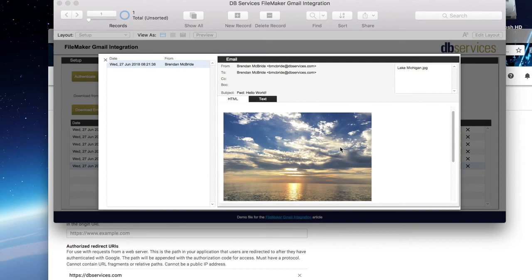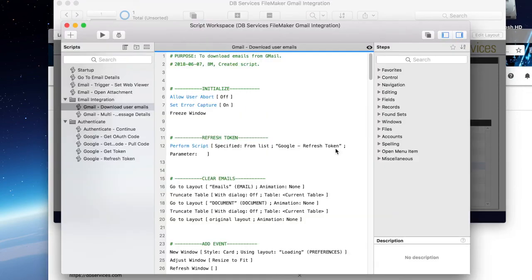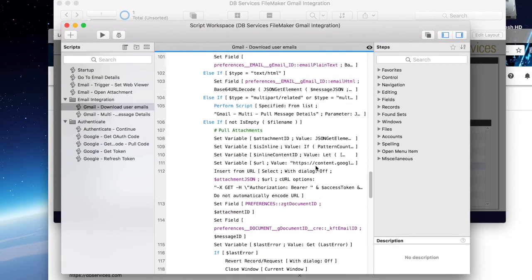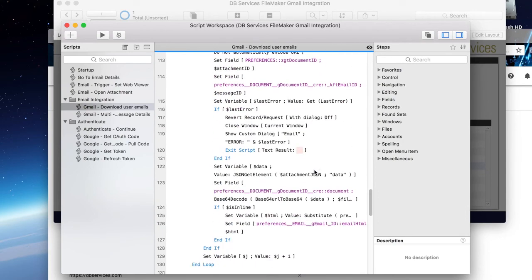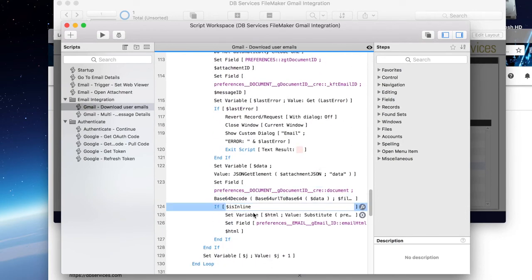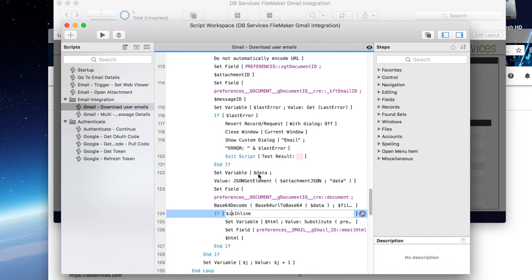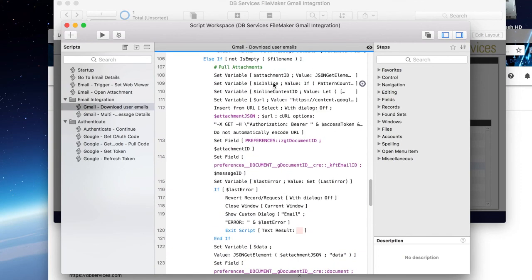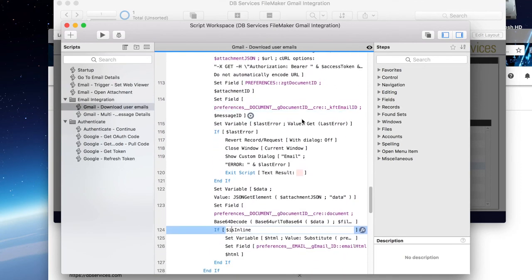It doesn't work. And so what you have to end up doing is inside of the scripting, you have to first see if the attachment that you're grabbing is an inline attachment, and that's a flag inside of the JSON that you can see.